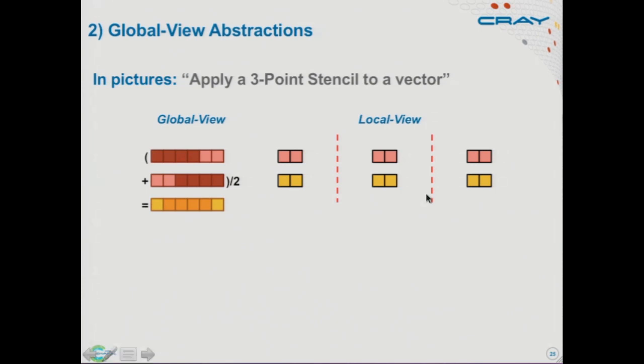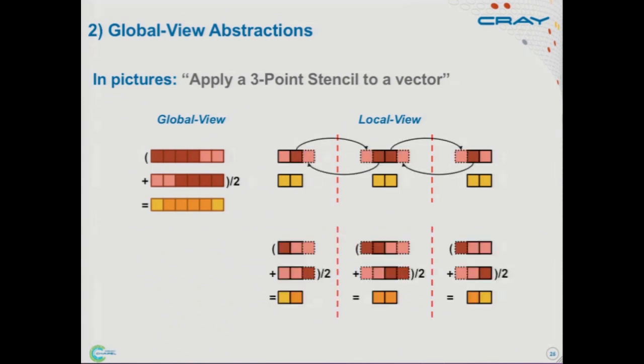And then for a stencil code like this, it's typical to allocate some extra space in order to cache values that you don't own, but that you need to compute the values that you own, and then to do some communication to update those cached values. And then at that point, you can do the computation you originally set out to do, that averaging computation. But again, you're writing it from the perspective of one of these parallel tasks, not the whole global problem size. So the whole idea behind the global view is you'd like to be thinking and writing code about the data structures as a whole rather than one process's view of the data structures.